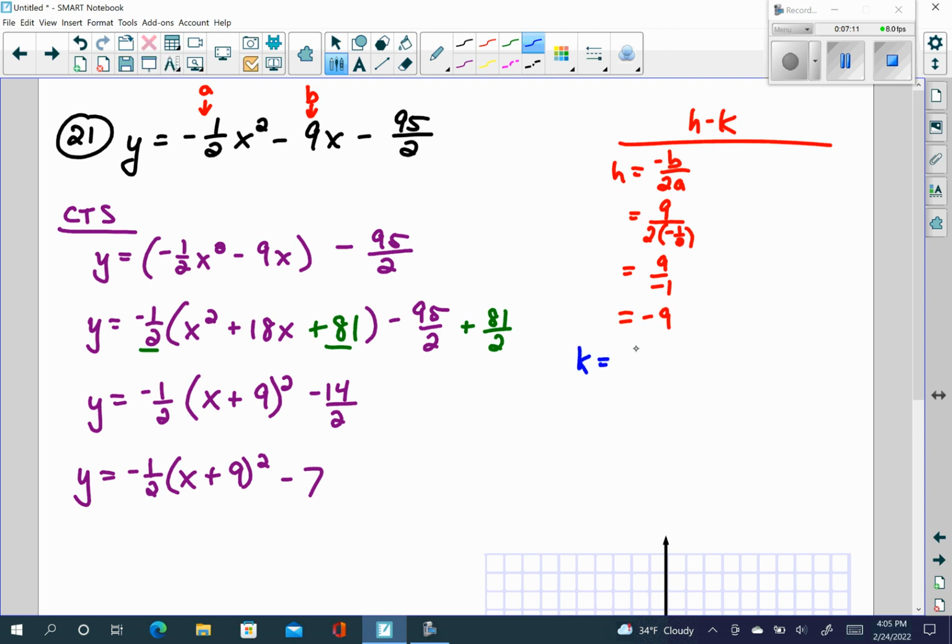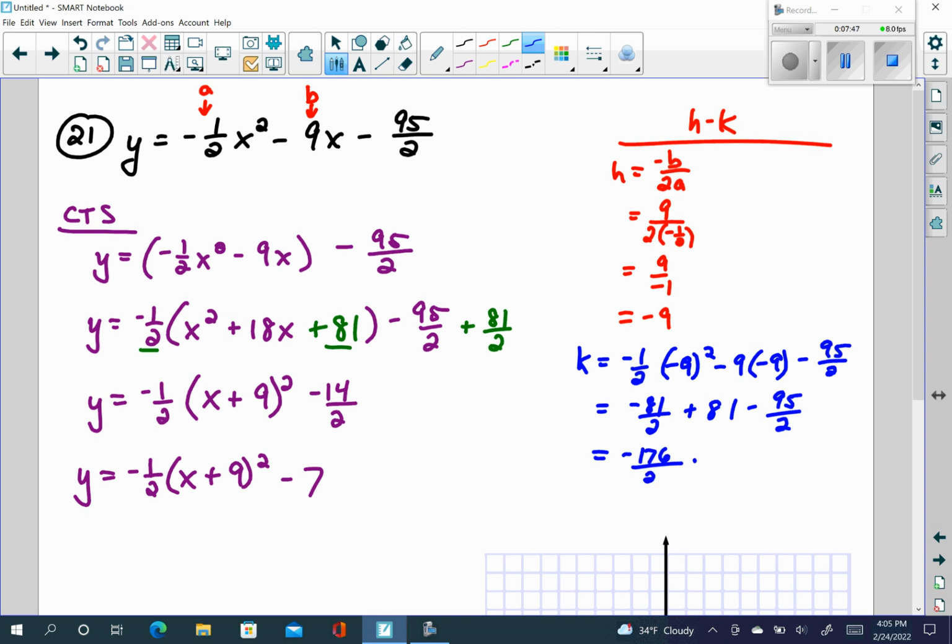Again, label k is equal to, we're just going to substitute the negative 9 in here carefully. So we get negative 1/2 times negative 9 squared minus 9 times negative 9 minus 95 halves. Negative 9 squared gives us an 81 times a negative 1/2, negative 81 over 2 plus 81 minus 95 halves. And again, I'm going to start by adding the two fractions together. They're both negative, so I just add them together and keep it negative. So 1 and 5 is 6, 8 and 9 is 17, so we get a negative 176 over 2 plus